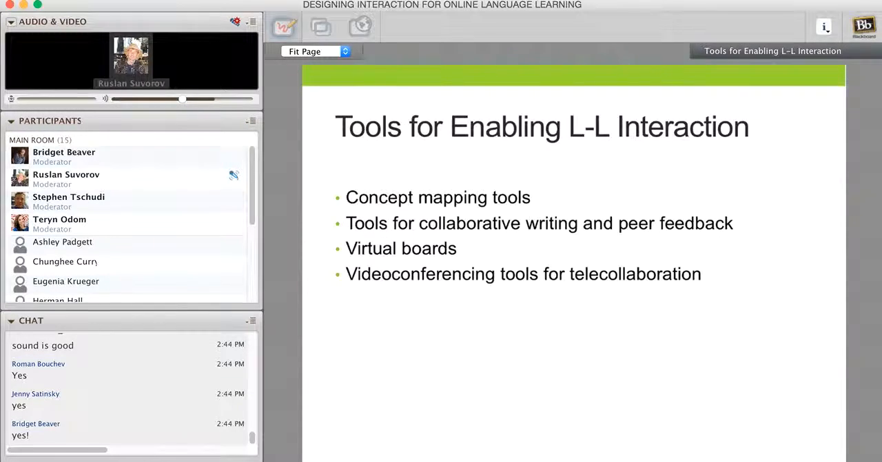All right, so some of the tools that I wanted to briefly talk about today, Taryn already mentioned some of these, but I roughly divided them into these four categories. One of them is concept mapping tools, tools for collaborative writing and peer feedback, virtual boards, and video conferencing tools. So let's go to the